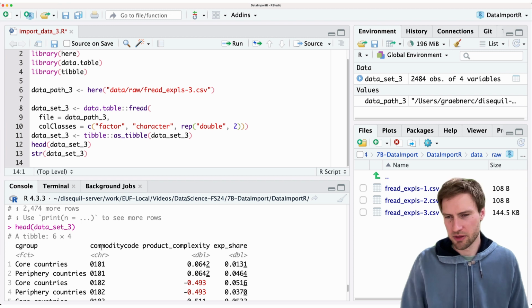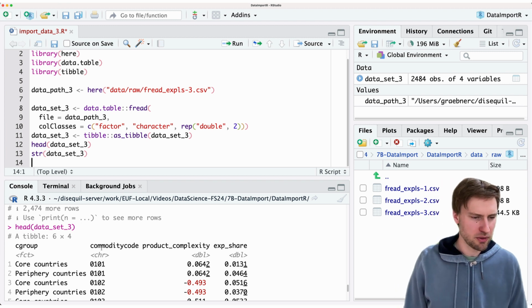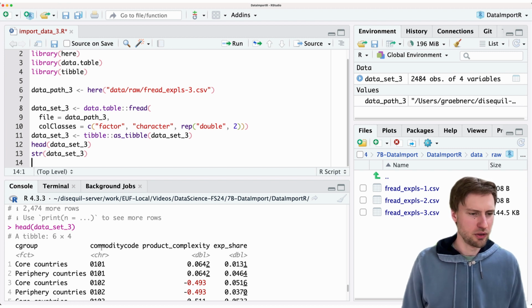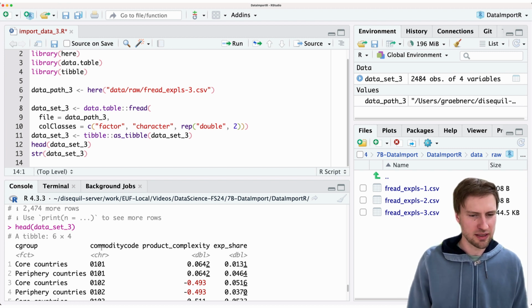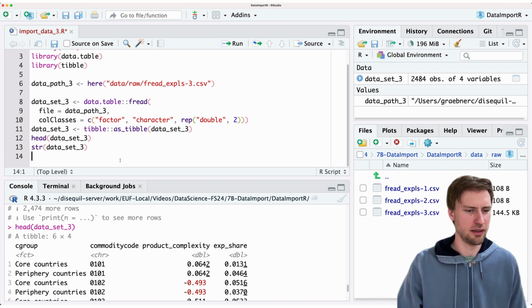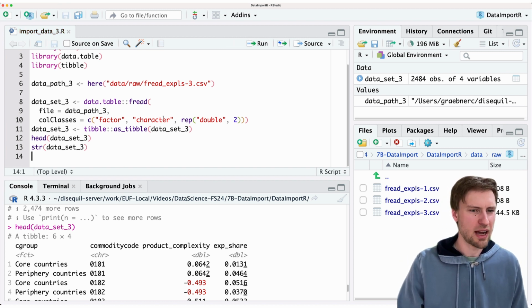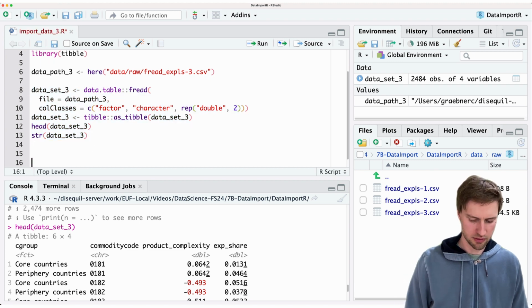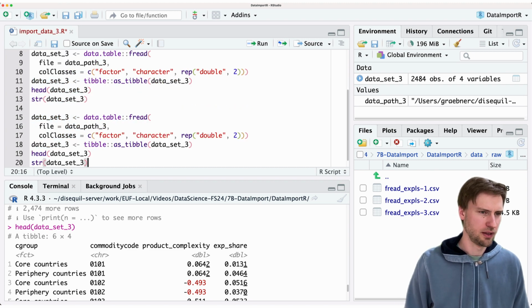To this end, you need to look at the raw data, you need to read about the raw data, you need to know your raw data, you need to be sure what the data set is meant to look like, so that you can choose the right optional argument for data.table's fread, so that you get the result you actually need. Just want to give you one optional input here,